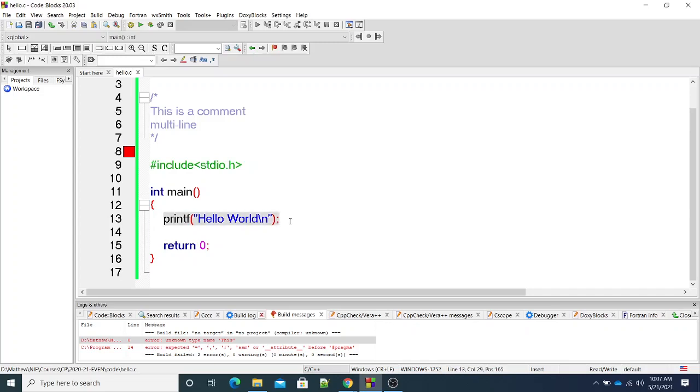And see, in my program, I am doing an output operation. I am printing a message onto the screen, and for that I use this function printf. You can treat it as a command, or the proper name for this is a function, just like I explained y is equal to f of x, just like a mathematical function. Instead of f of x, I have used printf. Instead of x, I have used a string. That's it. Since this is not a valid statement, I will comment it out.